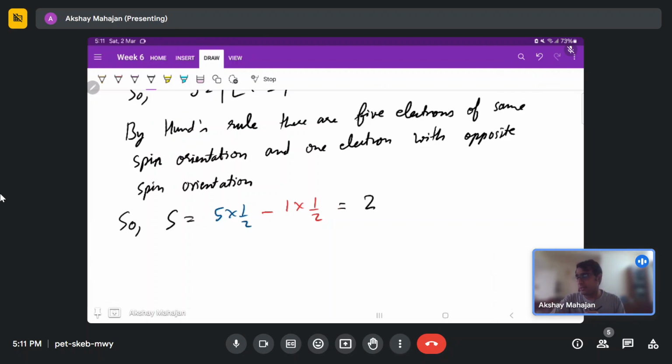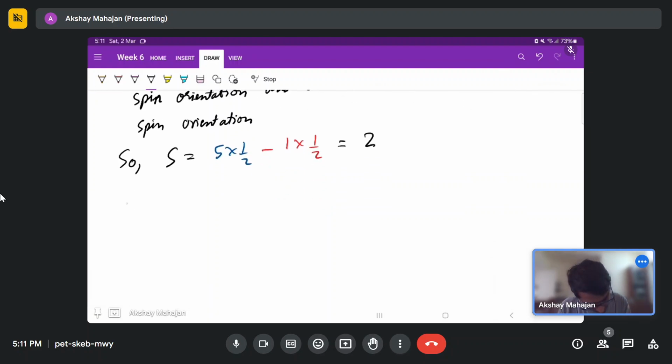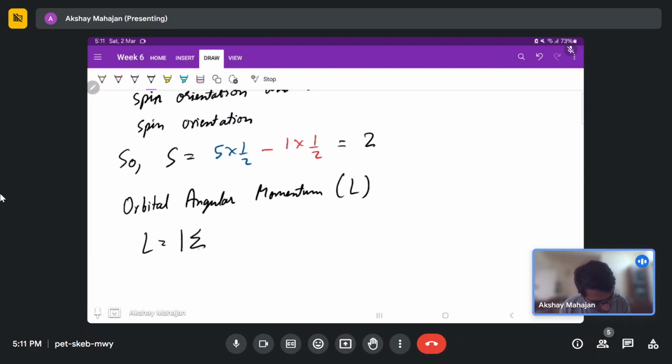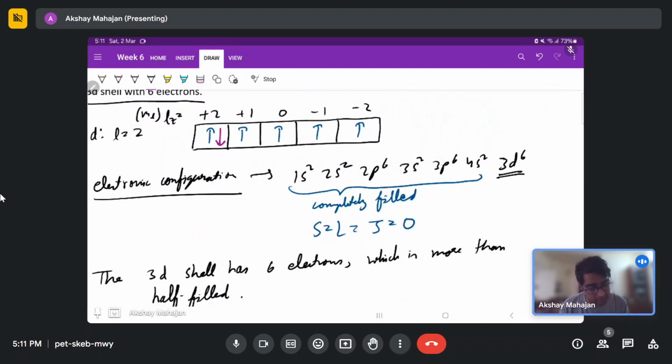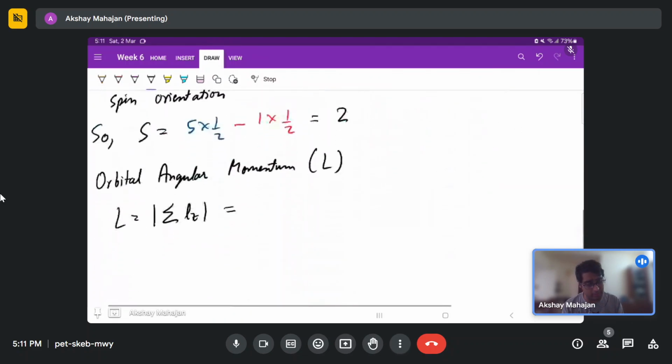And the L value, the orbital angular momentum, is capital L. So L is basically given by the summation over Lz. We just have to sum up all the Lz values. We can see here that from all the blue ones, there will be plus 2, plus 1, minus 2 and 0. All the values will get cancelled out. So the only value that we will get is from the